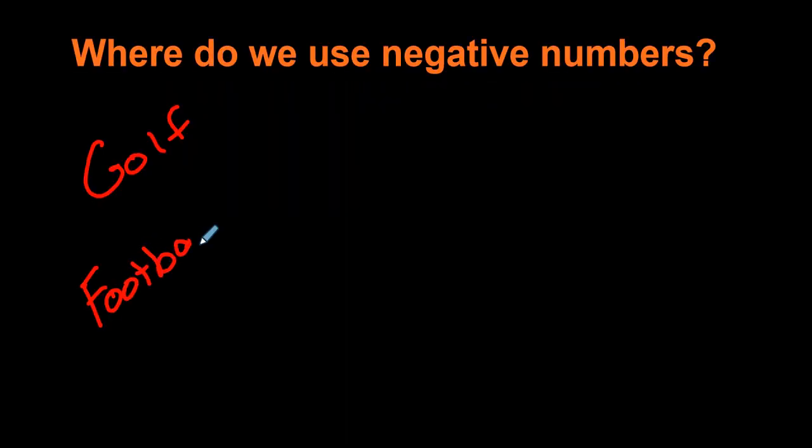We talk about a football team going backwards, whether they're penalized in yards or if they are tackled behind the line of scrimmage, they have negative yards. We also talk about it in terms of when we're talking about sea level. If you're above sea level, if you're below sea level, there are some cities that are below sea level, and